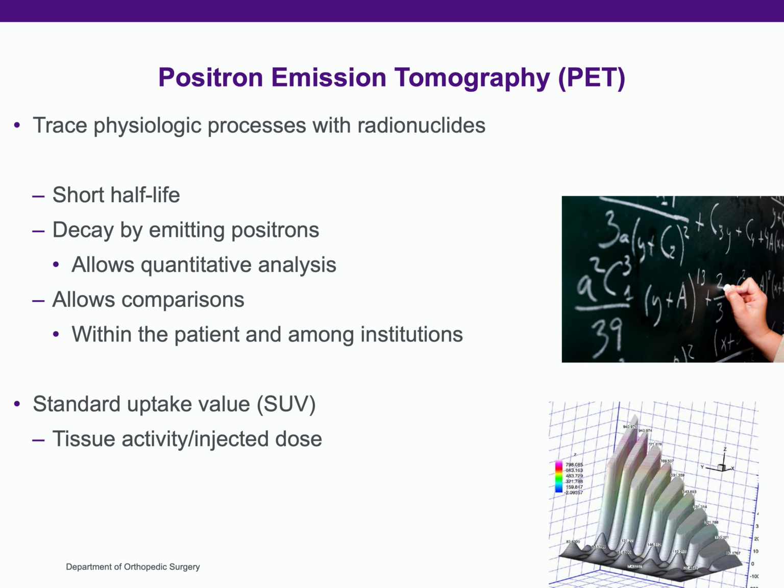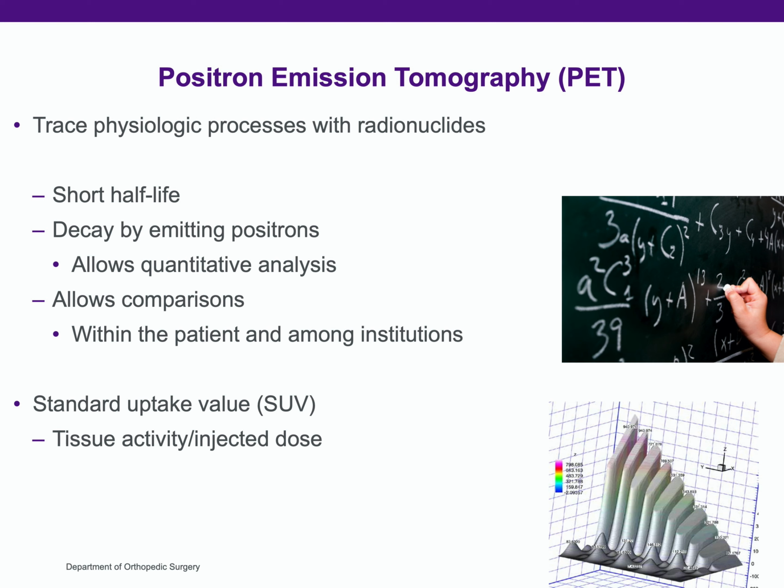The bottom line is you get this SUV that gives you an idea of the metabolic activity of the tumor, and that's important in terms of monitoring treatment, monitoring recurrence, monitoring for metastatic disease. It's quantitative, so again, it's a mathematical thing. So an SUV in New York City would be equivalent to an SUV in Seattle. So it's not like you're comparing a qualitative analysis like a bone scan where you say something's hot or has uptake. This gives you more of a